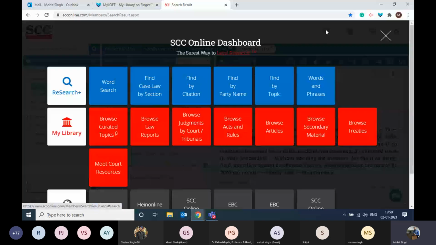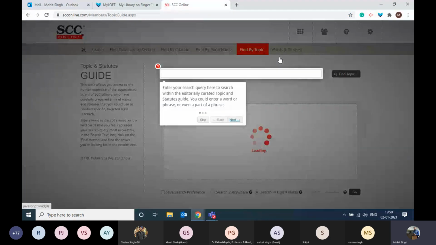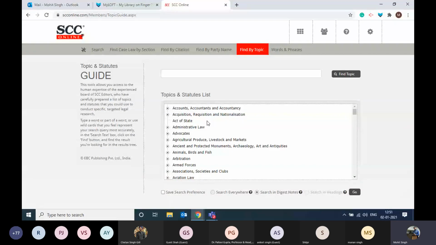We are going back to the dashboard. Okay, so we have already covered some of the major aspects of the word search, but there are many tiles which are still left. So let us jump to another tile now. We are leaving the word search for now. We are moving towards find by topic, because find by topic is somewhat similar to the word search, right? Since we have a mixed batch of first year and senior batch and faculty members as well, this find by topic is very useful. It is almost similar to the word search, as you can see.